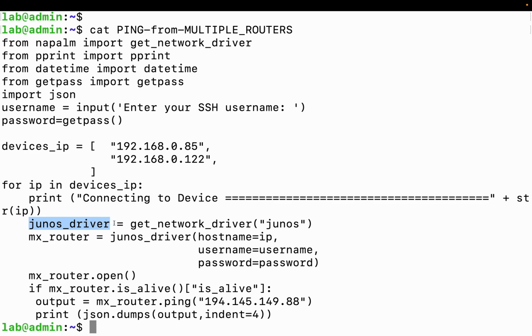I define a variable and invoke get network driver, which is the most important function within this Python script. The devices in question that I am executing these ping commands on are Junos, so I'm using the junos template. And then I define another variable and I call this junos driver with the hostname as IP,